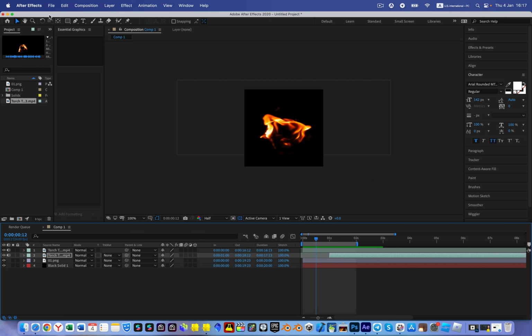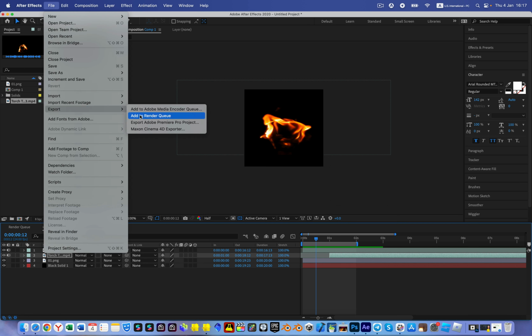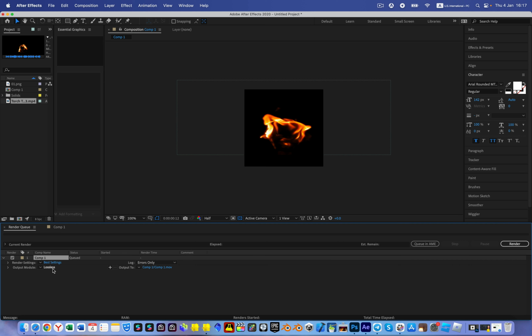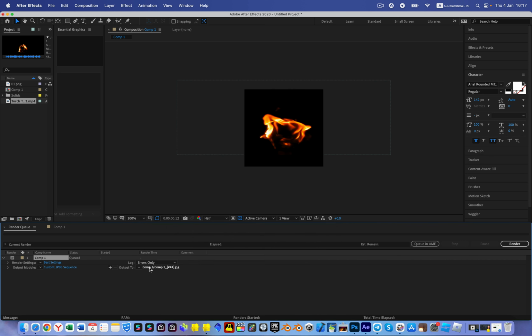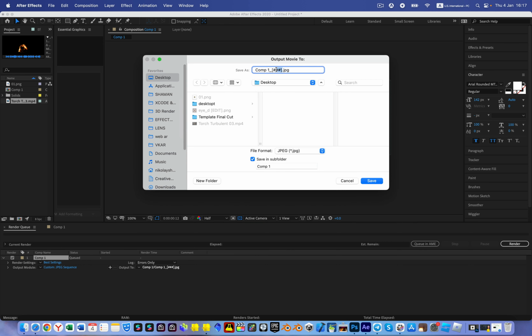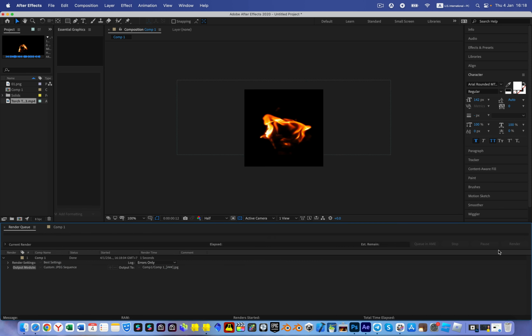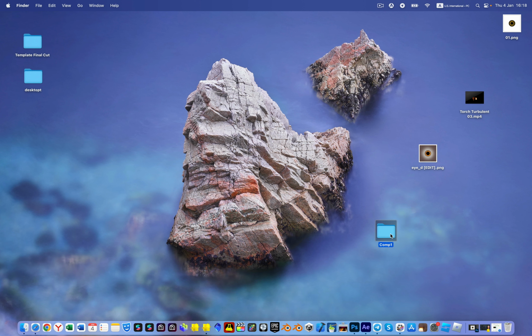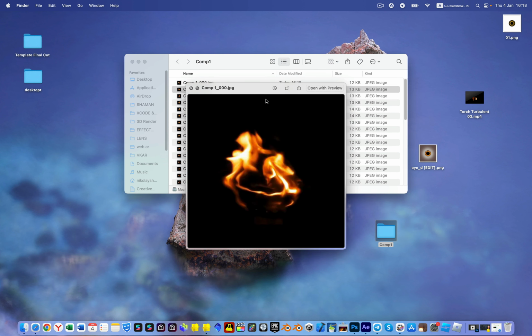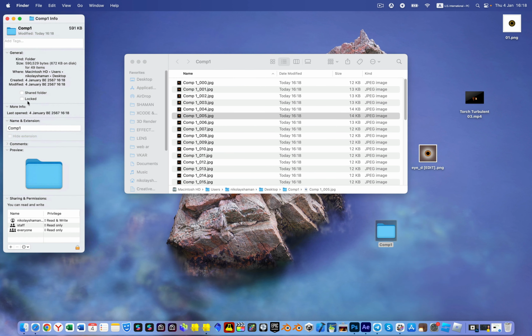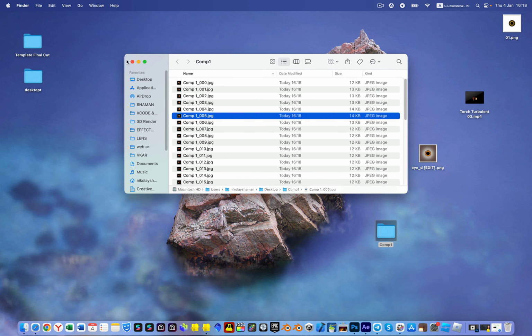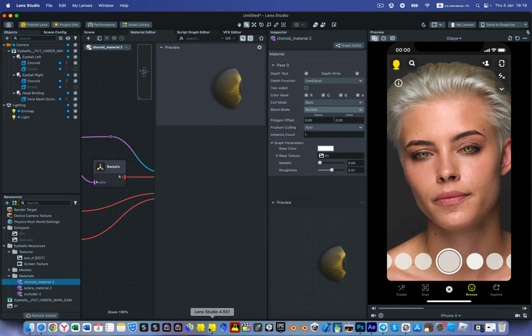Okay, next go to File, Export, Add to Render Queue, Lossless, JPEG Sequence. Okay, Output 2, very important, you need to make this value 1, 2, 3. Save, render. Okay, we see what we have. We have our frames. We can see how much size, 500 kilobytes. It is cool. Okay, next open Lens Studio,